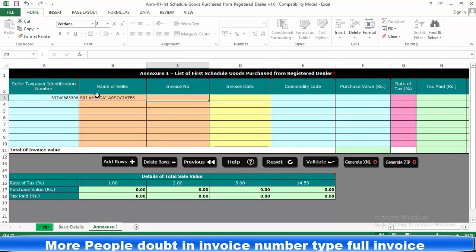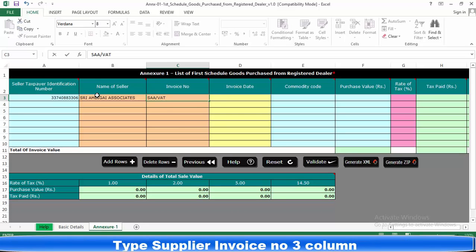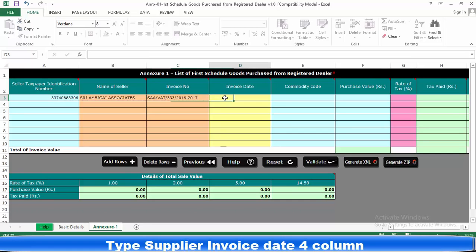Please make sure that in the previous VAT return you entered 003, which took 3 only. But in this new VAT return procedure, you have to enter the full detail of the invoice. Type the supplier invoice in the third column.